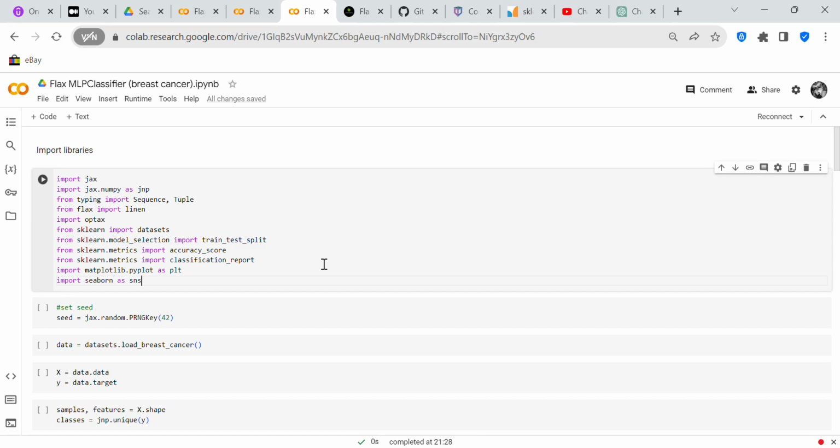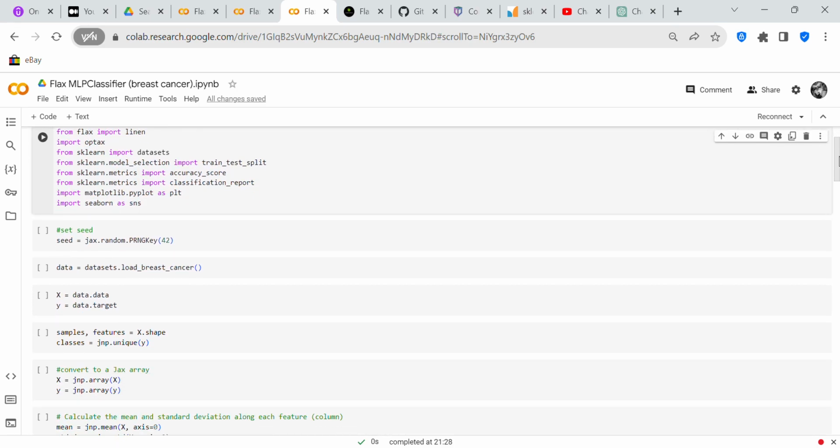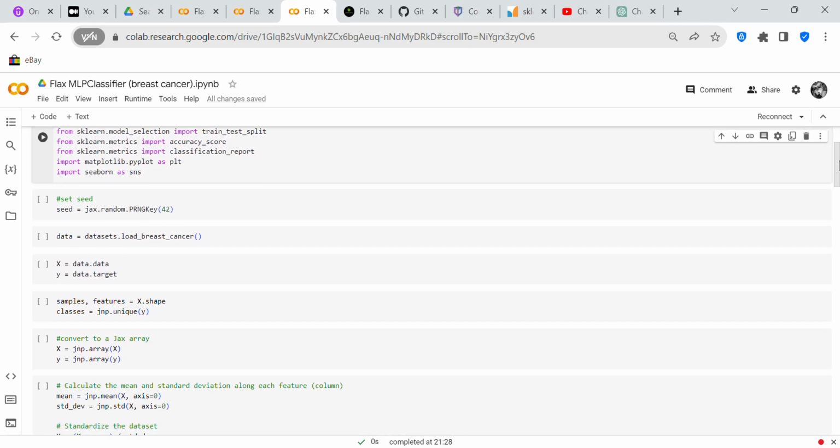And we can import Seaborn to further visualize the data as well. And I don't think I've done it on this particular Jupyter notebook. But after we have imported our libraries that we're going to need, we're going to set the seed,